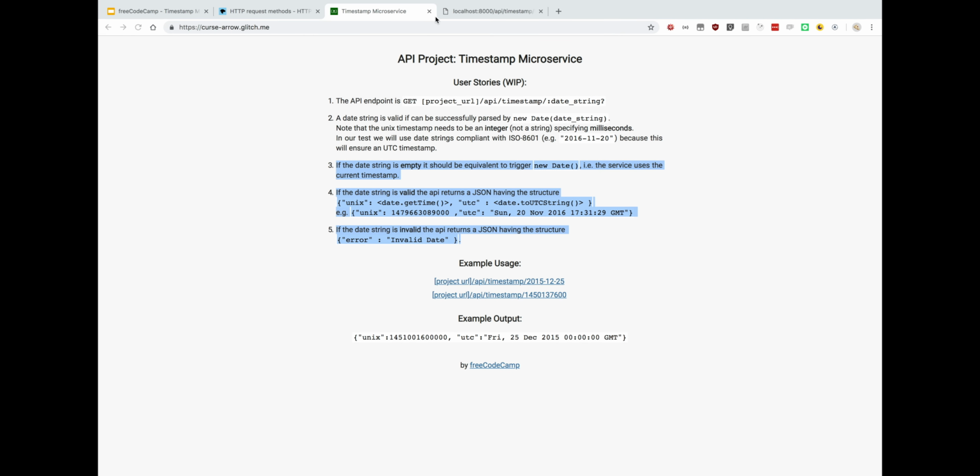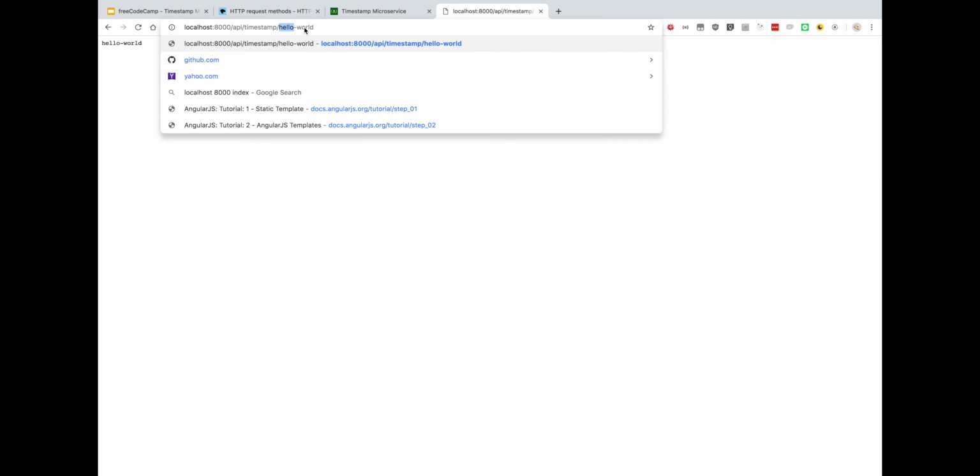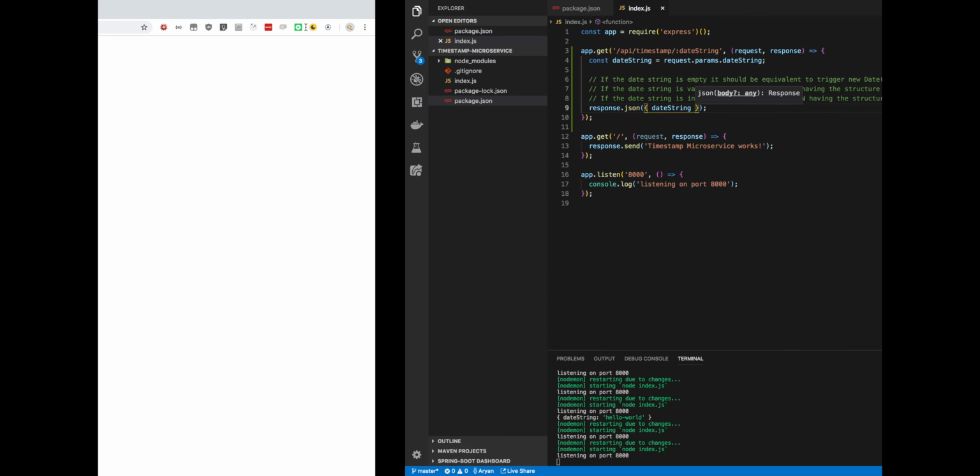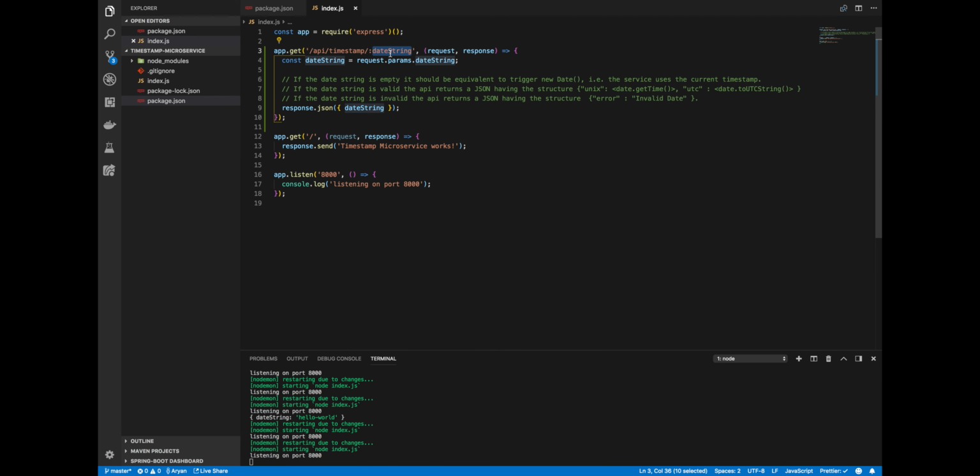I do want you to notice that if we do have an empty date string, we currently cannot get /api/timestamp. And that's because the route parameter here is currently required instead of optional. To make it optional, we simply add a question mark to the end of that variable name of the route